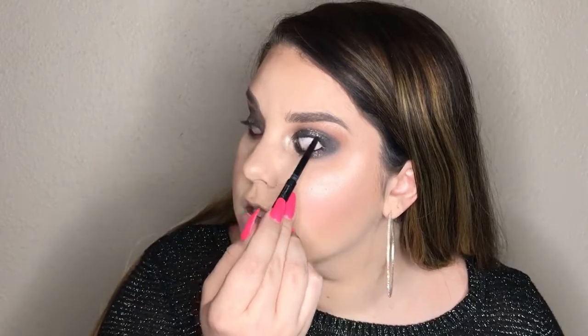It's all dark. All right, so on a normal day, I would probably just wear a nude lip with this, but I really like colorful lips, so I'd probably go with anything, but I think a nude lip would really tie this look together. However, this is a Valentine's Day look, and I think red would look really gorgeous with it as well. Like I said, I pretty much did this look for New Year's Eve, and it looked really good with it. So we are gonna go in with a red lip, and first I'm going to line my lips